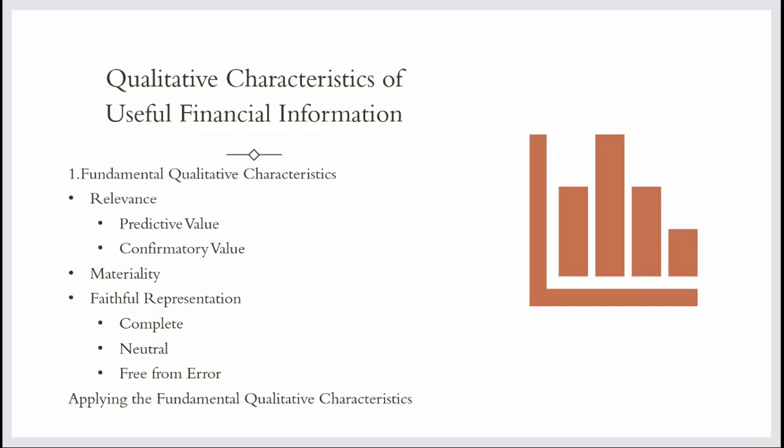Neutral. The information is unbiased and not manipulated. It should be presented in a way that is fair and objective, without favoring any particular outcome. Free from error. There are no errors in the description or the process used to produce the information. This does not mean perfection, but rather that the information is reliable and accurate as far as can be reasonably